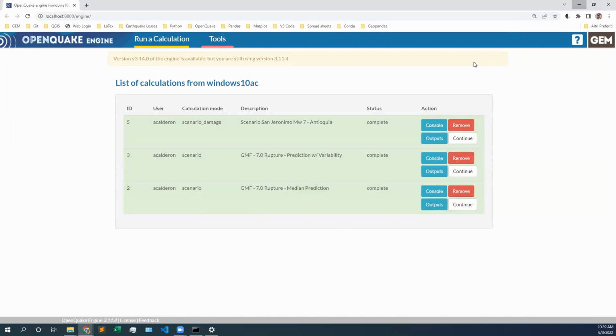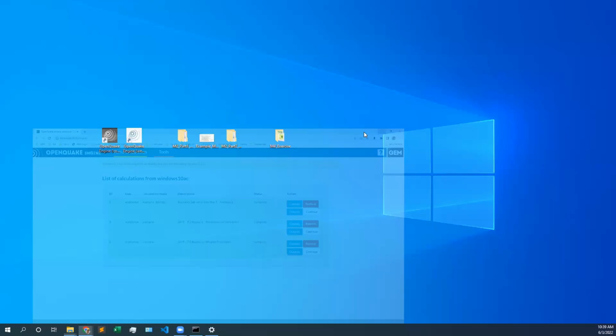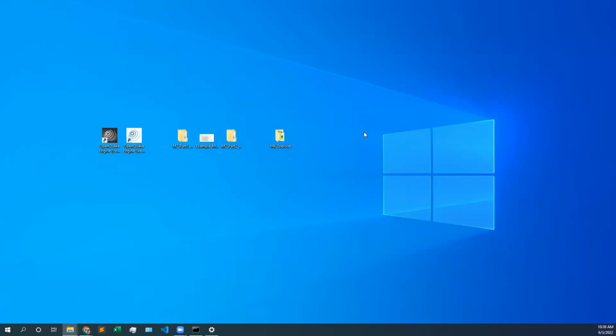QGIS project? Today we're using a different project. We are in a different region of the world. We have a PSHA model from a different region of the world. So what we're going to do is, in the material of today, once unzipped, we are going to double click on the folder,